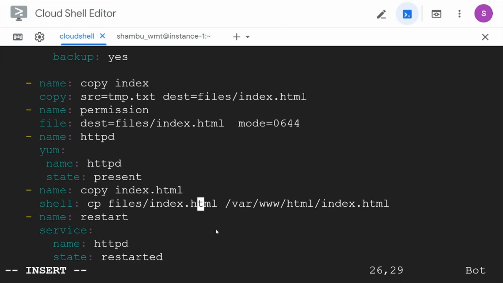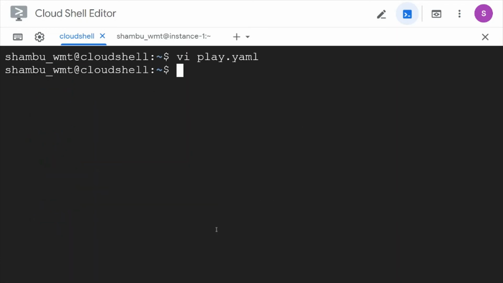Okay, so let's write this playbook. Let's execute this playbook. So to play it, ansible-playbook play.yaml.